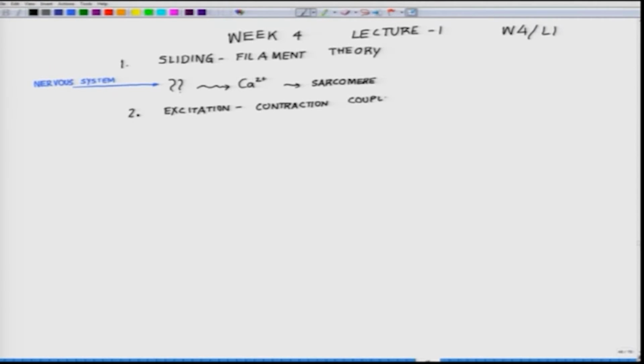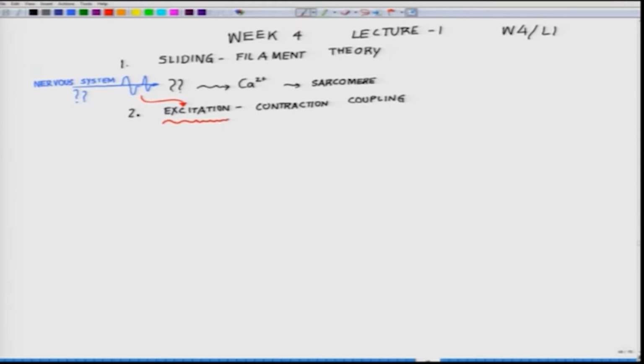What does that mean? Now, I told you that there is an electrical signal here coming from the nervous system, some electrical impulse which actually leads to, I have not described it, but I told you there is an electrical impulse. Okay. This electrical impulse is actually the excitation,